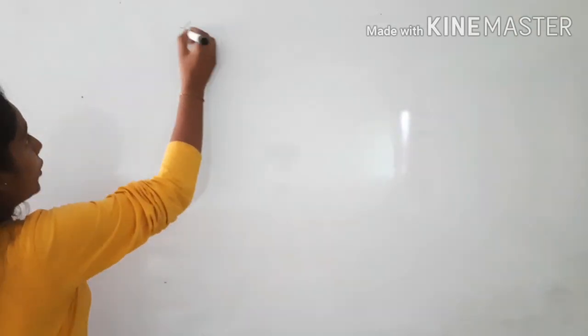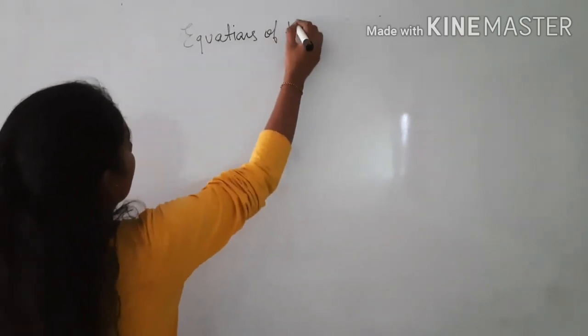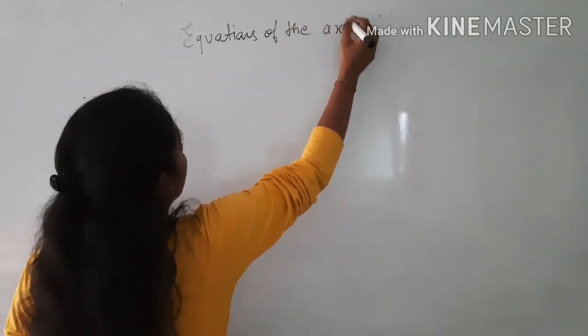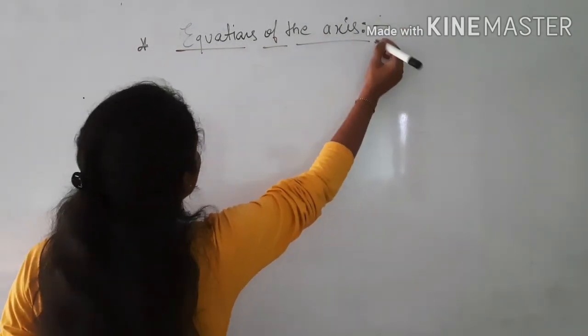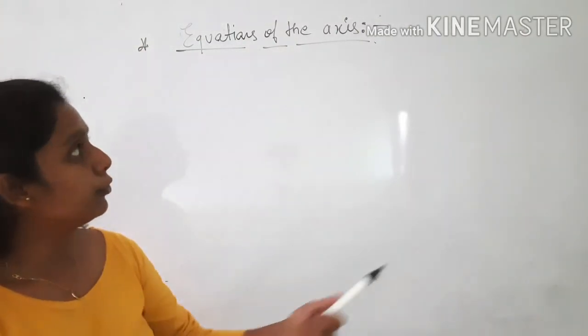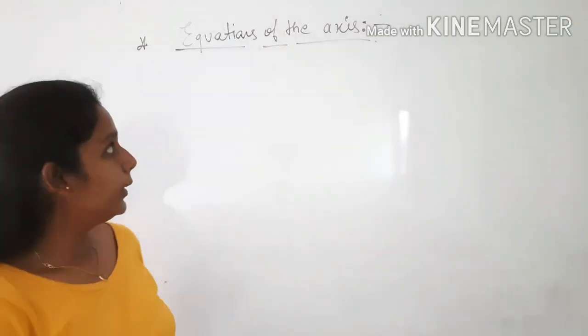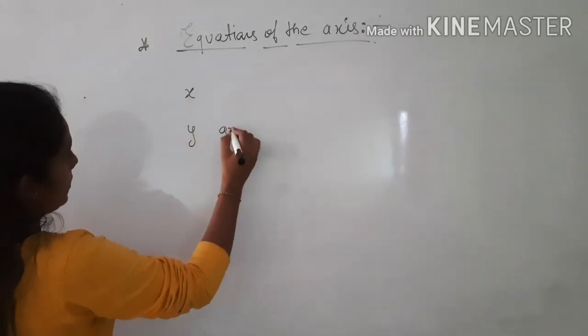Now tell me, if I ask you what will be the equation of the x-axis, and similarly I ask what will be the equation of the y-axis. So one more important topic which comes under this is the equations of the axis, and I think this is the last topic because the chapter is already very small. You will be able to understand everything. Okay, and I have made it very simple for you with examples. I hope you will do it and understand it very well. So x-axis, y-axis.